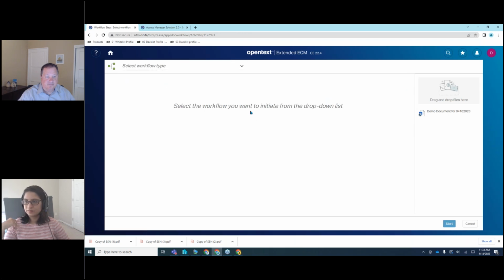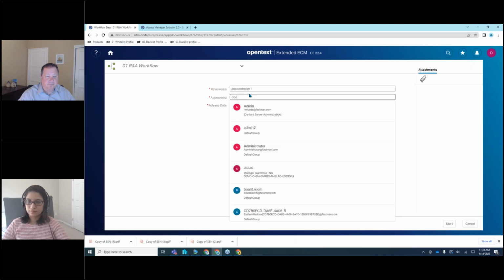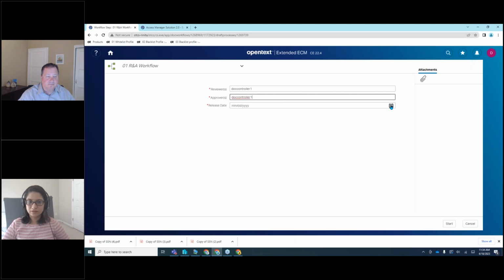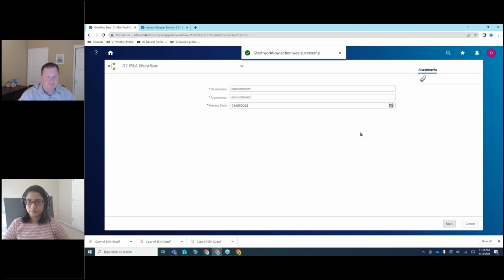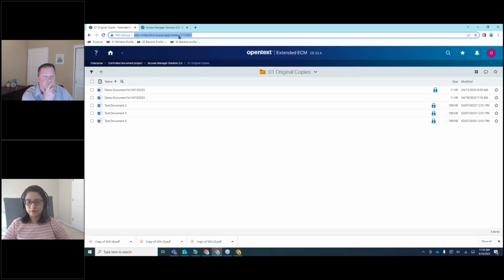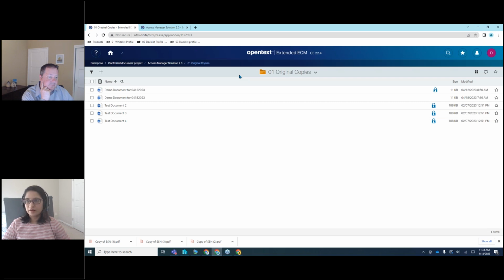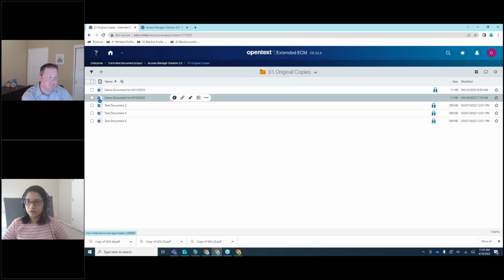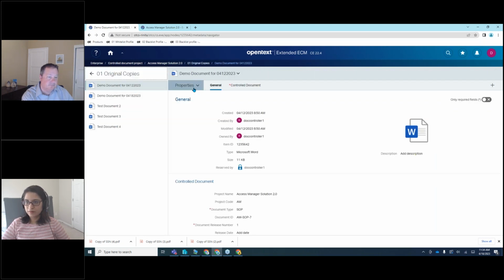So this is my start review workflow. And just going to give some dates, right? You can see the workflow is started, right? And as part of the workflow, I'll be able to reserve the document as .controller1, and it would go on, right? So if I show you an example up here,